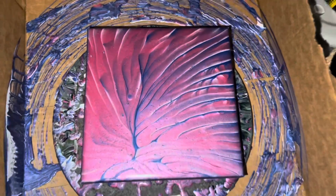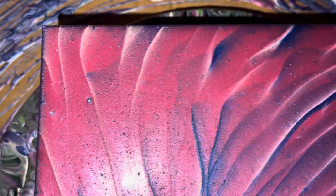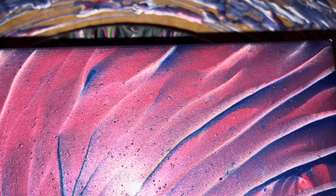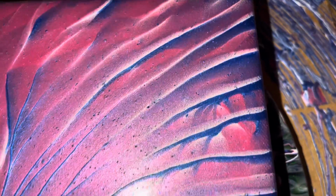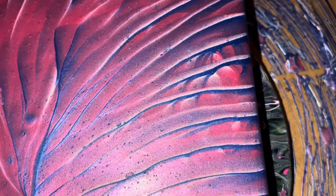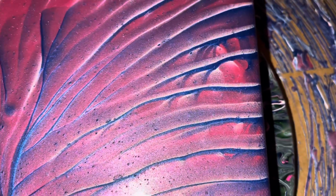Okay, so this one didn't have a lot of the effects start to show up as it's drying. It just has a lot of those pinholes from the bubbles. It is a little bit more see-through, where you can see the blue through the pink a little bit more than I noticed initially. Here's where there were some different sections under there,